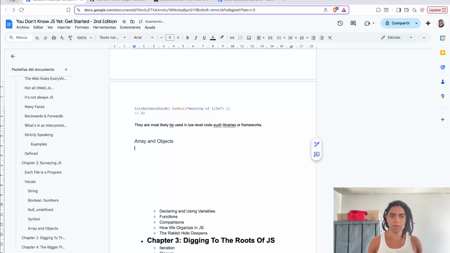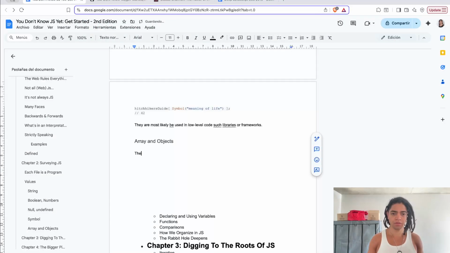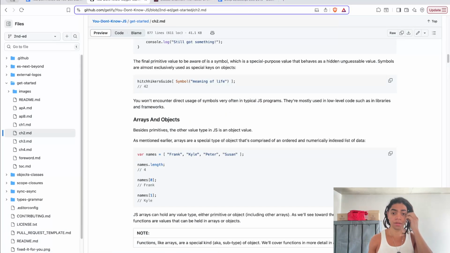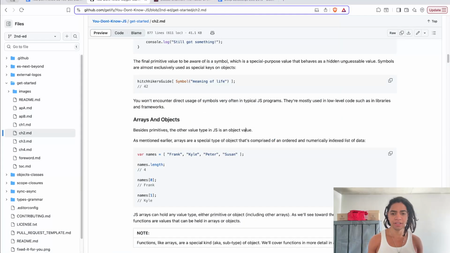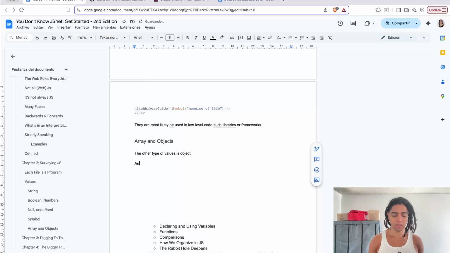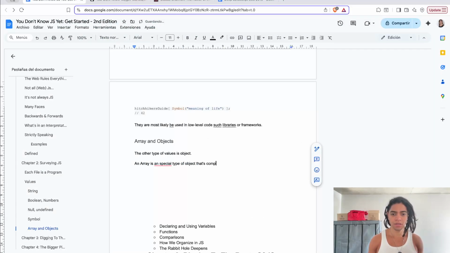Arrays and objects. So the other type of values is object, right? And there is a special type of object, an array is a special type of object that comprises of an order